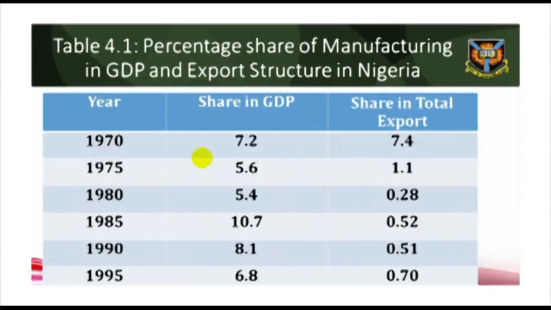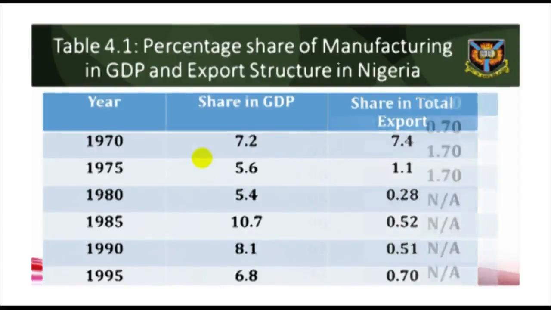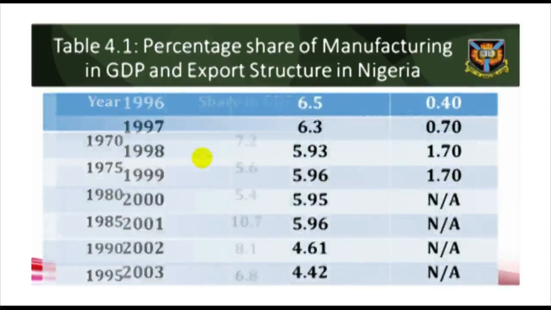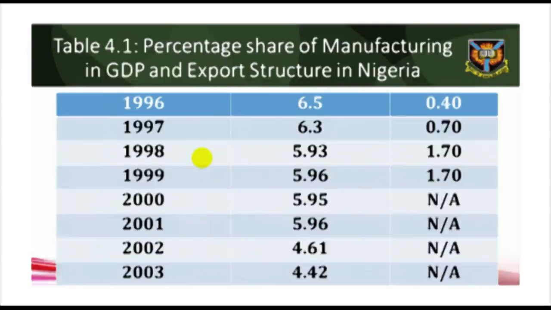In 1995, share in GDP stood at 6.8% and share in total export was 0.7%. In 1996, share in GDP was 6.5% and share in total export was 0.4%. In 1997, share in GDP was 6.3% and share in total export was 0.7%. In 1998, the share in GDP stood at 5.93% and share in total export was 1.7%. In 1999, share in GDP stood at 5.96% and share in total export